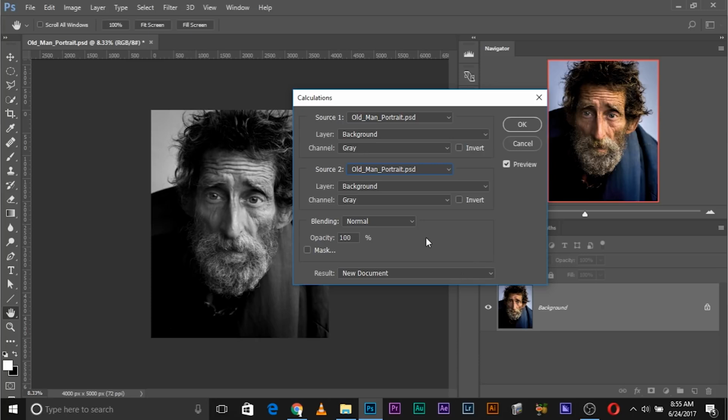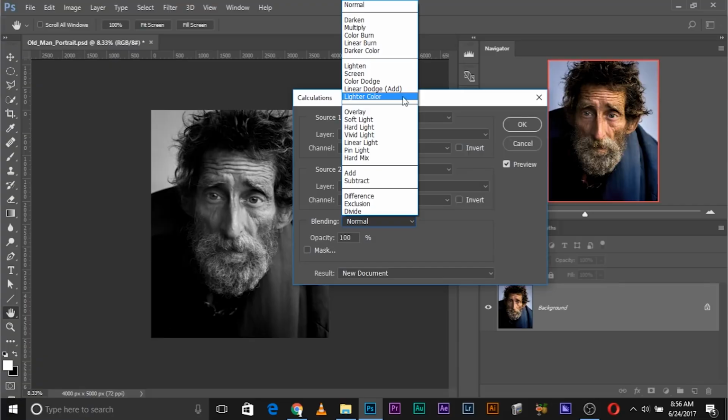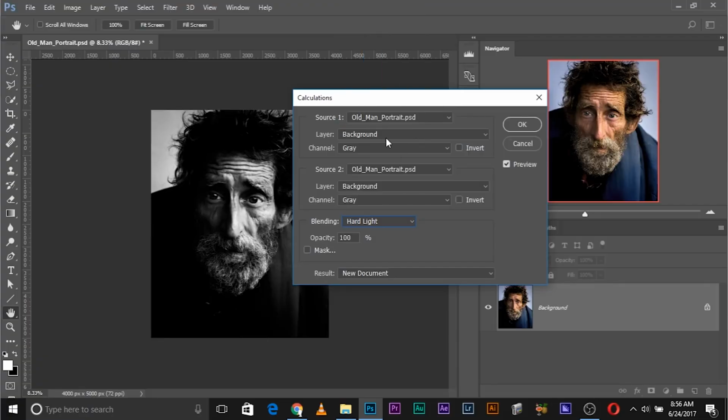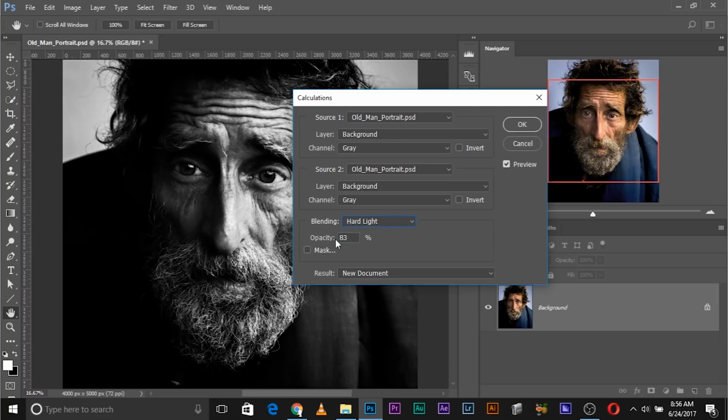Okay, now first choose the blending mode. If you wanted to have more contrast, choose overlay, little contrast, soft light, a lot contrast, hard light, lighten to lighten, darken to darken, multiply to darken, screen to lighten, and you know the rest. You can cycle through every blend mode if you want. I will choose, say, hard light, and then I have an option to go ahead and decrease the opacity of the blending. So I don't want it to be that harsh, so I would keep it at 80%,